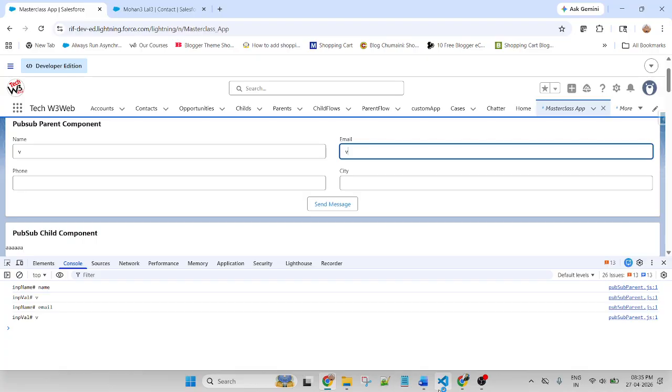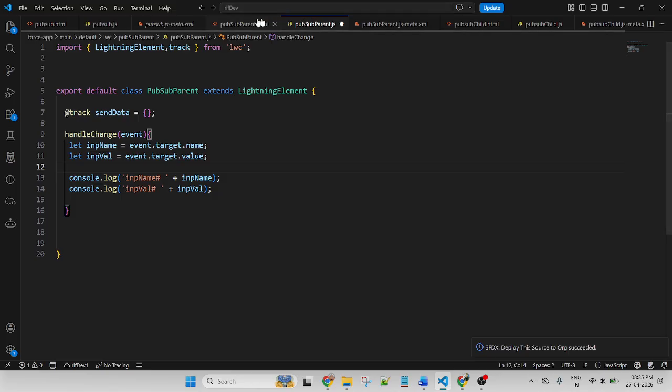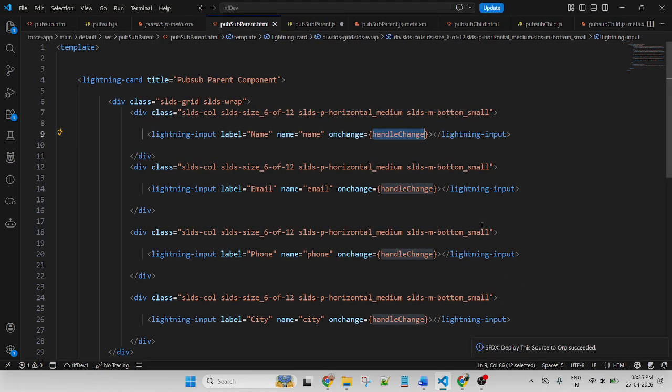Now let's check another scope. If you want to check based on the ID, let's suppose I am using data ID equal to name. So based on the data ID, how will we get the current value?